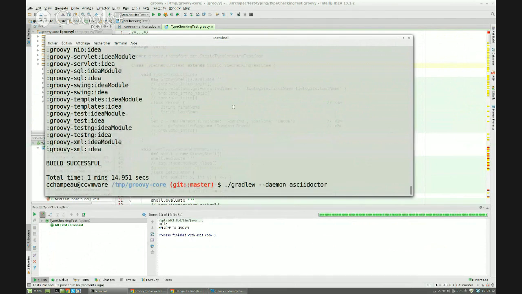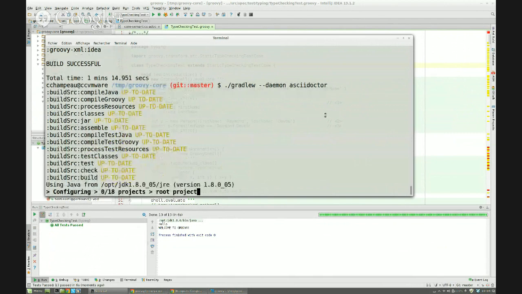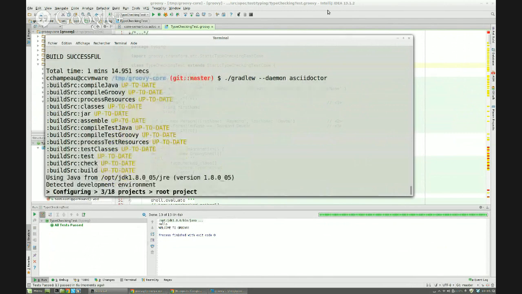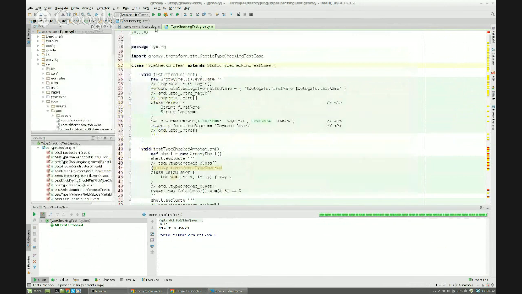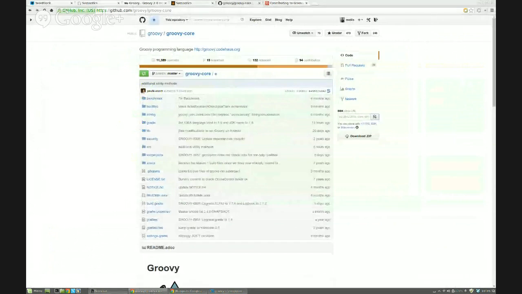I can do Gradle W. The daemon is, yeah, you can have it as an environment variable, whatever. So AsciiDoctor will parse all those files and generate the documentation. So it takes some time, around 1 minute, and when it's done, you can open the project, the output, which